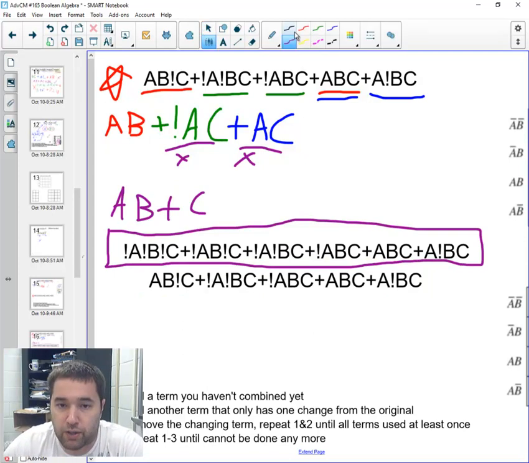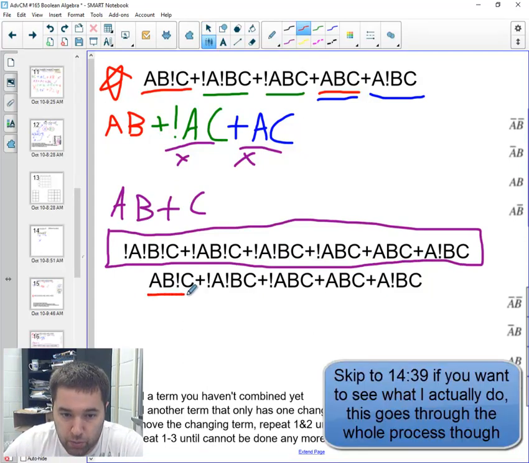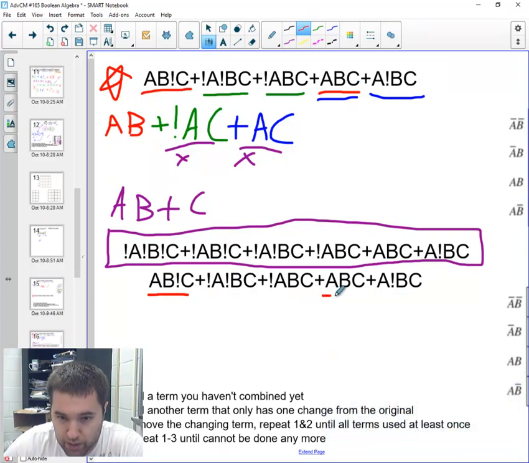What if I solve this a different way? So I'm going to match this one up with a different one, not this one. So I have AB, not C. I have to match it up with this one. That's the only option. So there's 2 changes here, not A, not B. There's 2 changes here with A and C. And there's 2 changes here with B and C. So my only option is this one, so I have to have AB, which is half the reason why AB